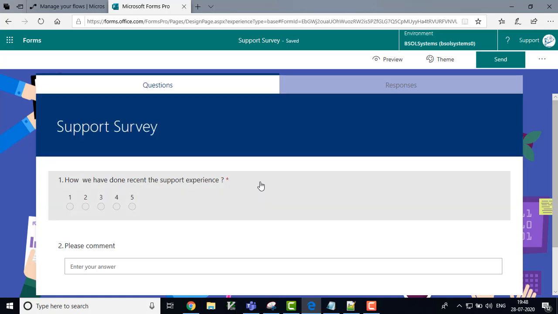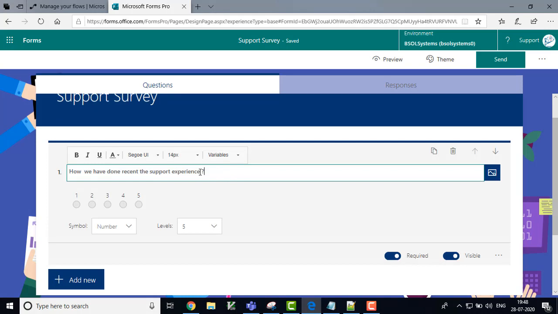So I am going to use the survey variable in our question section. Here you can edit the question. You can see the variable option is there. Click that variable option and choose which variable you want to add here.